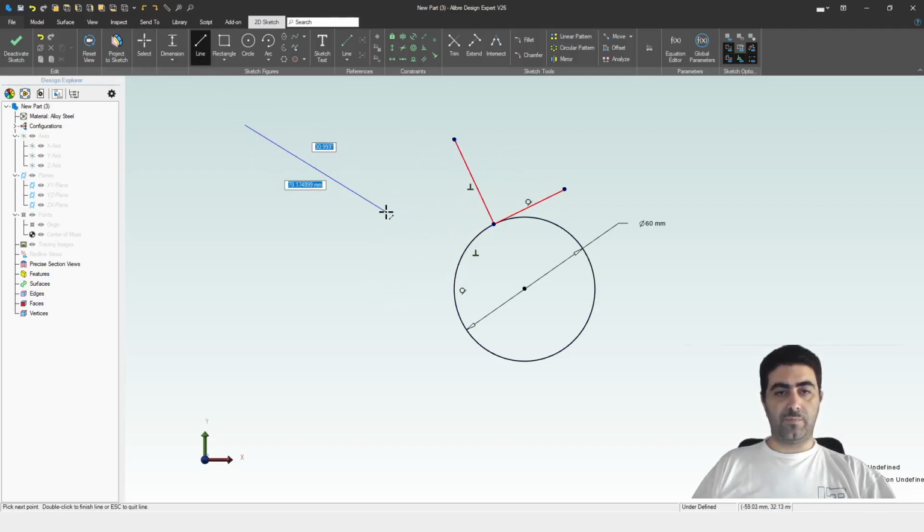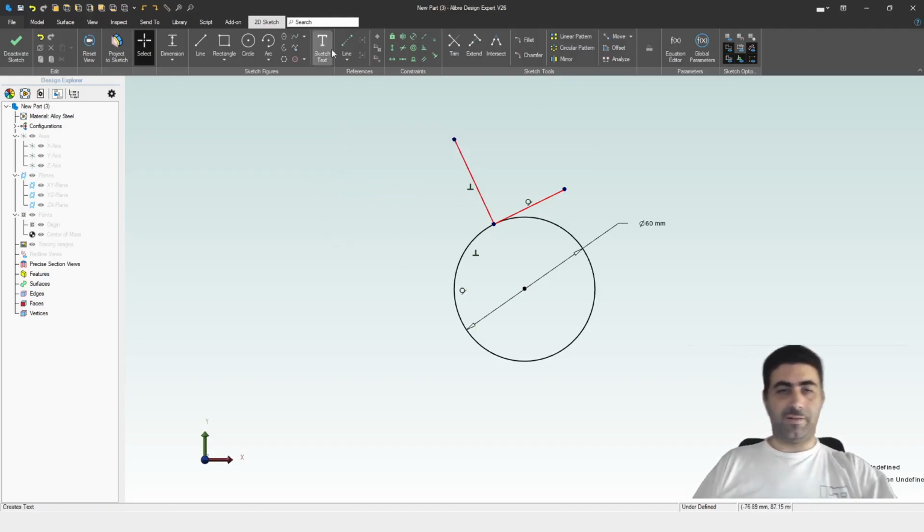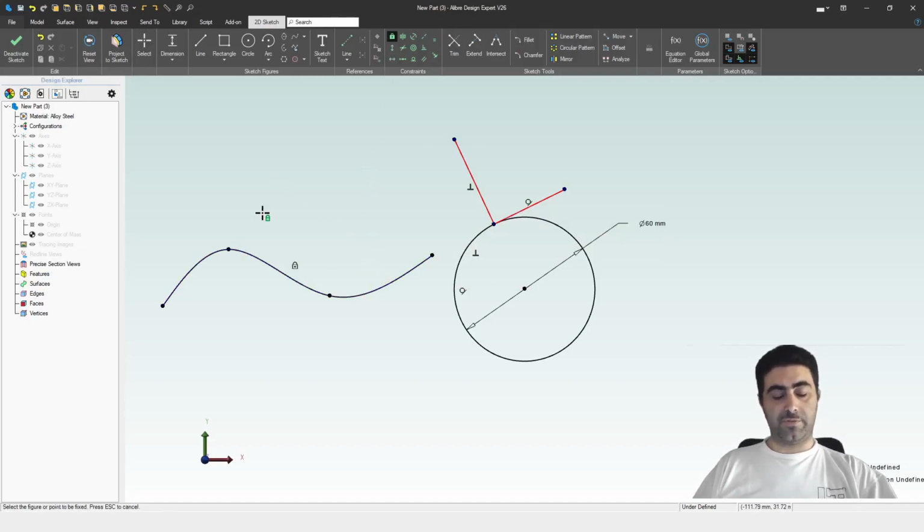And of course it works for lines that do not necessarily touch the circle, right? Works the same way, you can clearly see. But now it always goes through the center of this circle. And the really cool part with using the vertical constraint this way is it also works on other types of curves. It works on spline curves,